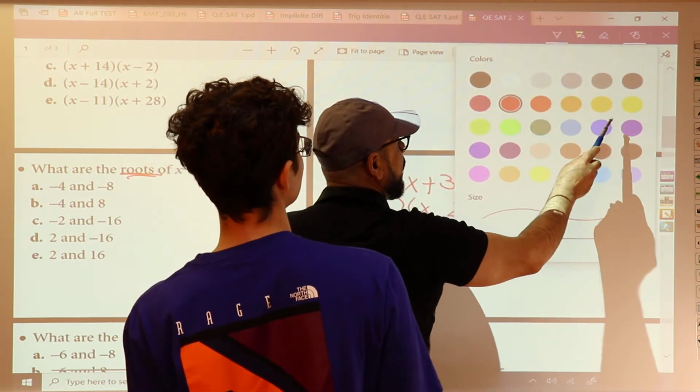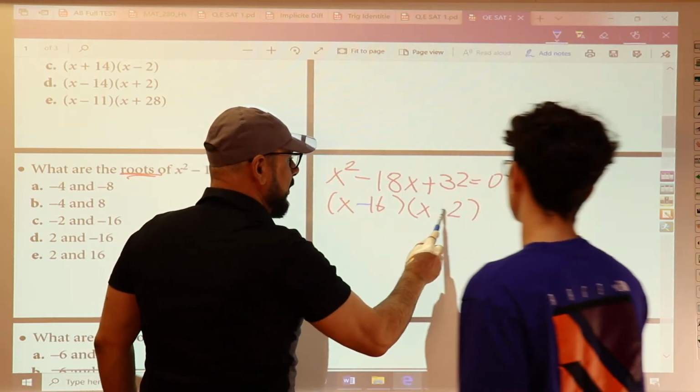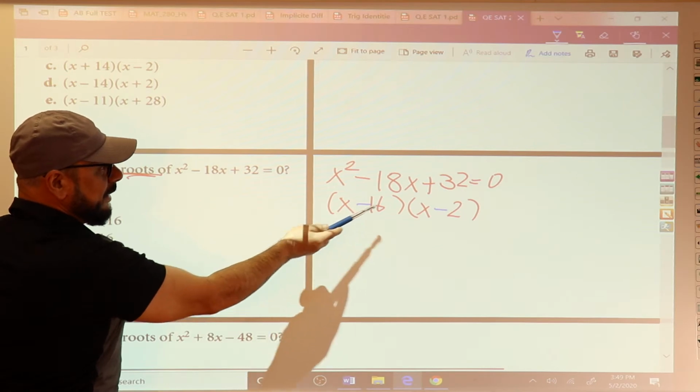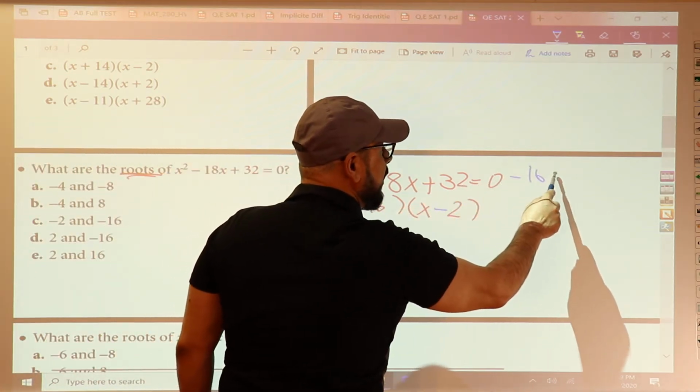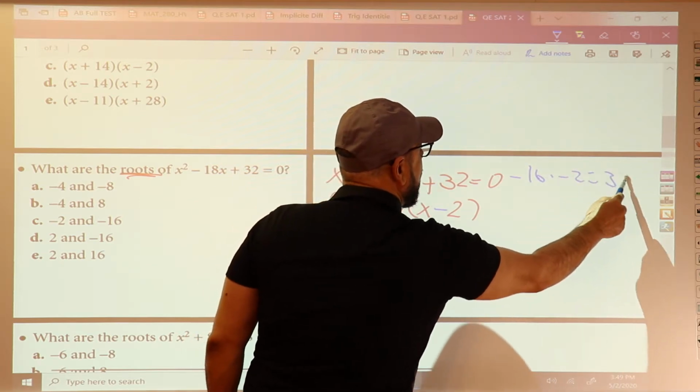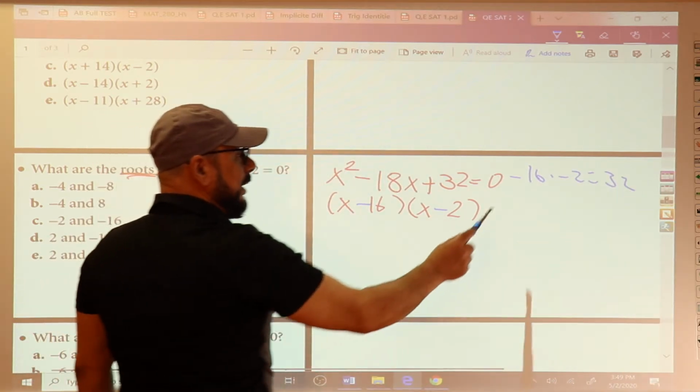You're right. Negative, because negative 16 times negative 2 is positive 32, right? Negative 16 times negative 2 is 32, right? If you multiply. If you add